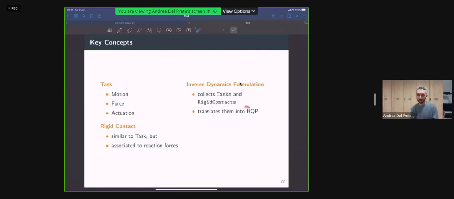So why a hierarchical quadratic program? Well, as I said, at the moment, TSID doesn't implement the hierarchical approach, but the API has been designed to support hierarchies. So in the library, you will see that we always represent quadratic programs as if they were hierarchical, even if we don't support at the moment the solution of hierarchical QPs. Then once you have translated the problem into a HQP, you have a class which is a HQP solver that is just a solver for finding the solution.